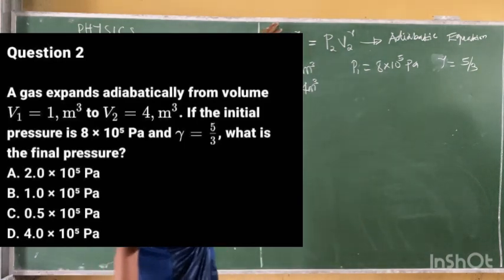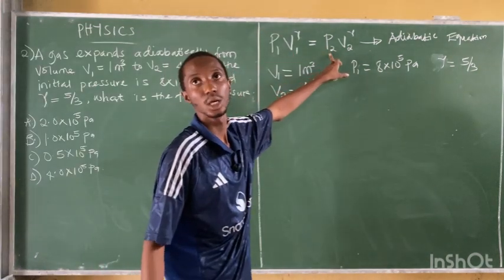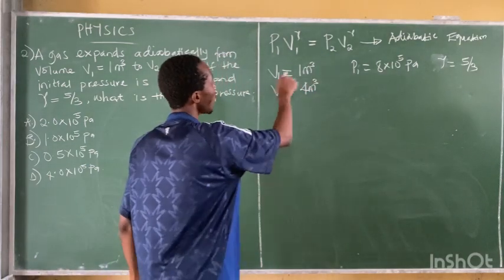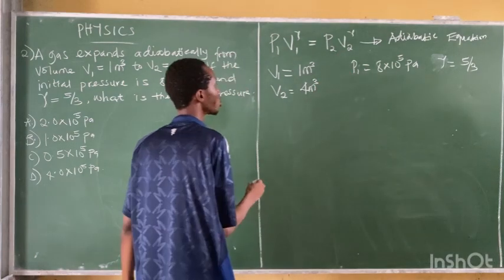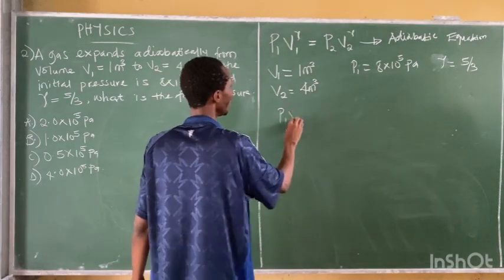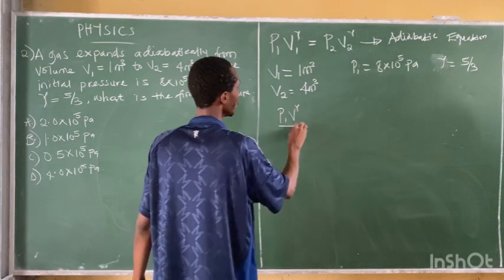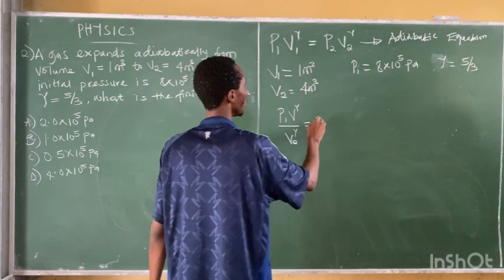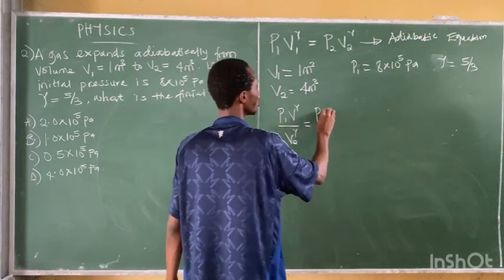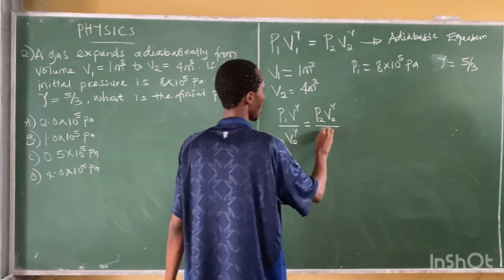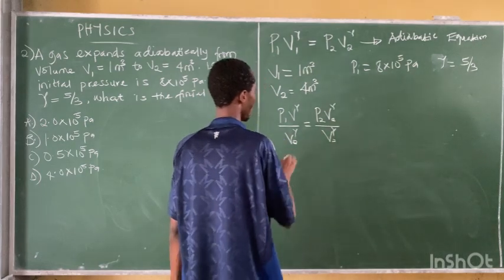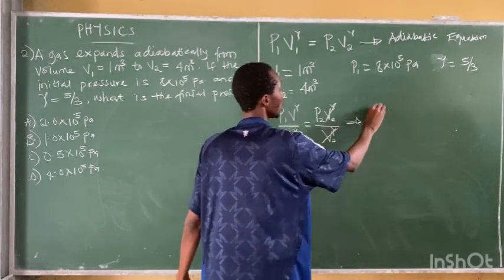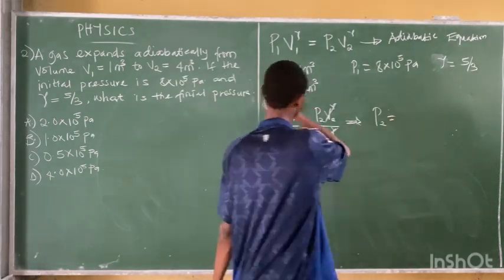Now from this equation, we have everything here except P2. So we're going to make P2 the subject of formula. If we do that, we'll divide both sides by V2 raised to power gamma. We're going to have P1 V1 over V2 gamma is equal to P2 V2 raised to power gamma all over V2 raised to power gamma. Here, this will cancel this, we're left with P2. So this equation gives us P2 is equal to this, the whole of this,